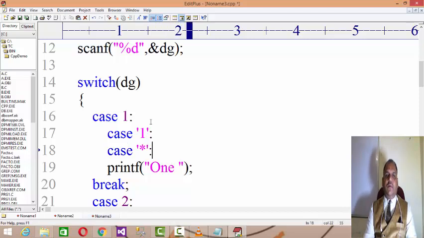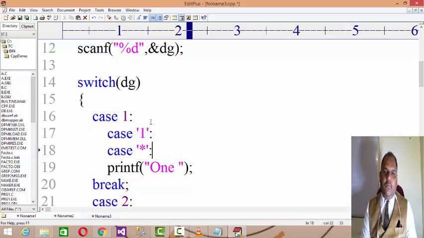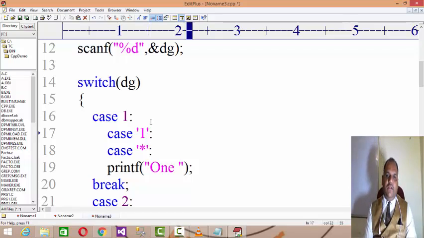In this manner also you can perform the operations. You can build multiple conditions together to process the data.